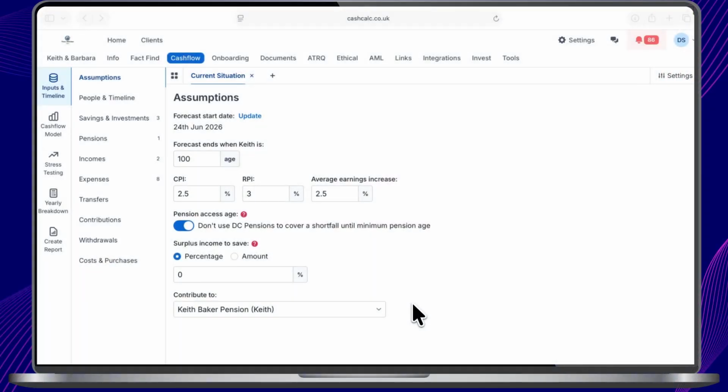Users of CashCalc can now add onshore and offshore bonds directly into their cash flow, and the system will automatically work out all of the chargeable gains and any tax due on the disposal of those bonds. So to add a bond into your cash flow, on the left-hand side on the gross modeler, click on Inputs